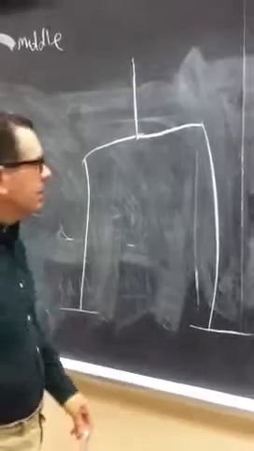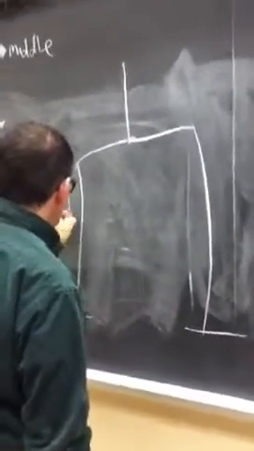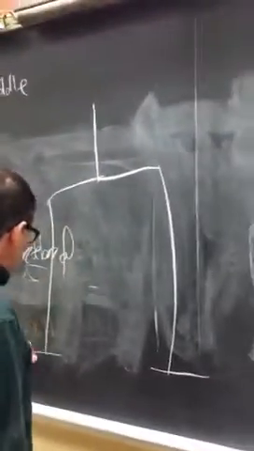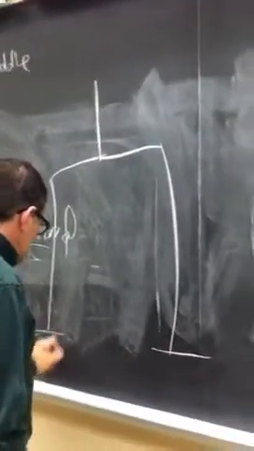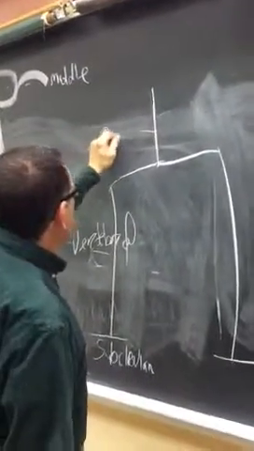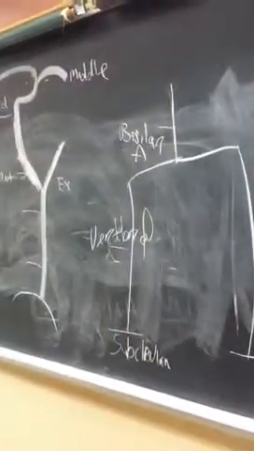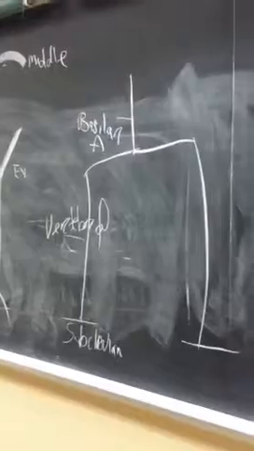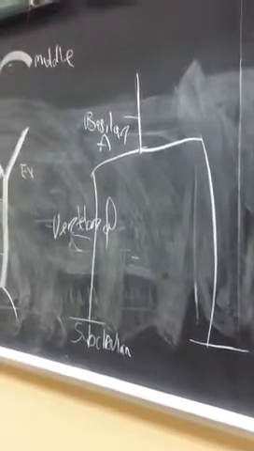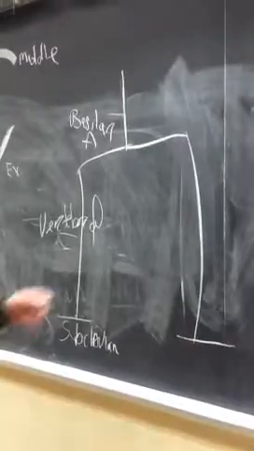So this is vertebral, subclavian, and this is basilar. The basilar artery has a couple of branches, but its primary terminal branches are